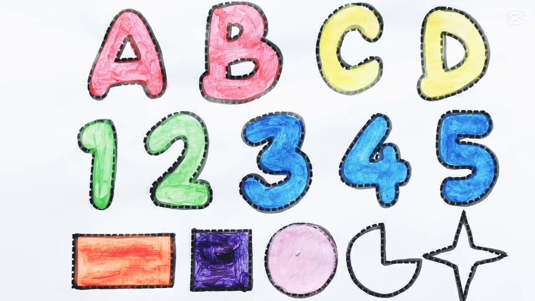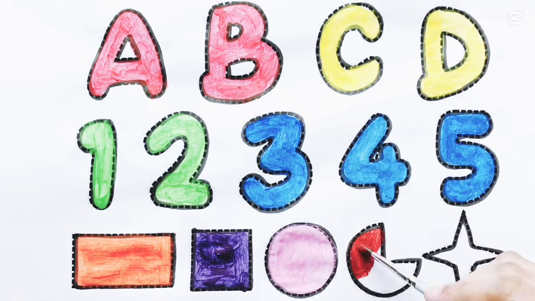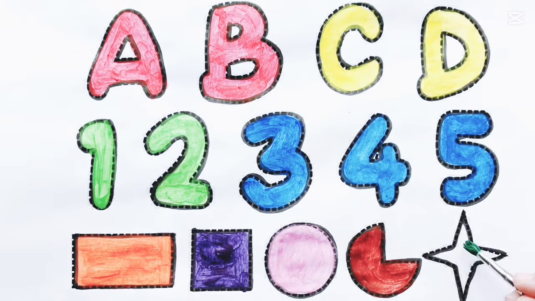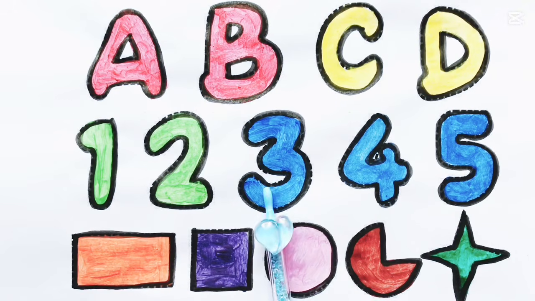Let's see a list of words that start with the letter A. Apple, angel, brown color, this shape is pay. Answer, April, autumn, ambulance, airplane. Green color, and shape is asteroid. Alligator, ant, amazing, art.